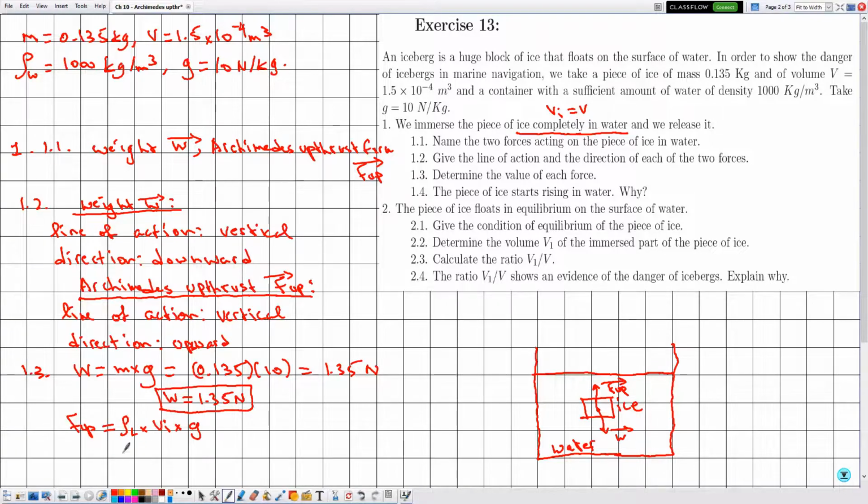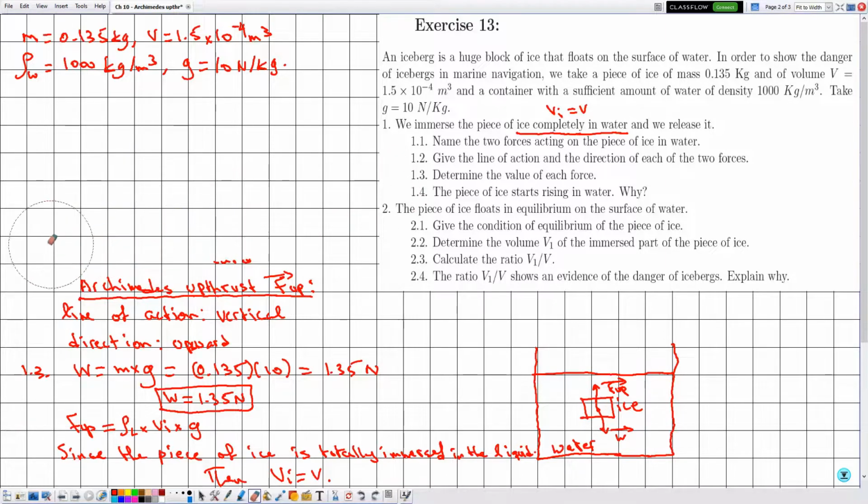Here in this case, since the piece of ice is totally immersed in the liquid, then we have that V_I, the immersed volume, is equal to V. Now let's rewrite the expression of F, replacing V_I by V. So F upthrust is equal to the density of the liquid, which is water, so rho of water, multiplied by the total volume of the object, multiplied by